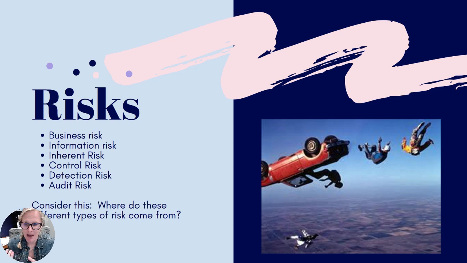So we may have flaws with how our control is designed, or flaws with how it's operating. It might be designed perfectly. We might have a beautiful program and procedure manual, but when we actually come down to how we're doing that control, it may fall flat. So the risk that we could have some errors that sneak through those controls is this idea of control risk.